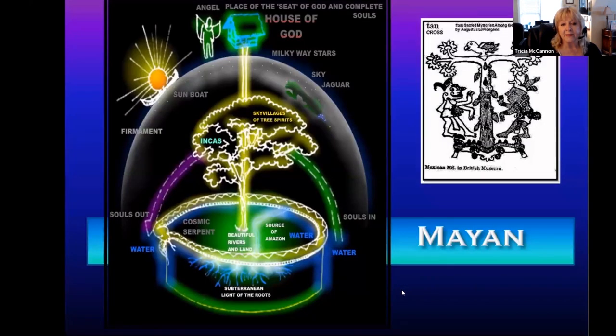Here's the Mayan. Now, this is, of course, a modern rendition of classic concepts found within the Mayan tradition. But here's the tree. Here's this serpent. We're going to see this serpent again and again. And, of course, we have to figure out what the serpent means, don't we? We have to decode it. And here's the rainbow bridge. Here, of course, is, let us say, the firmament of heaven, the dividing line between this dimension and the angelic kingdom, and the house of God up here. And here's the arc of the Milky Way.